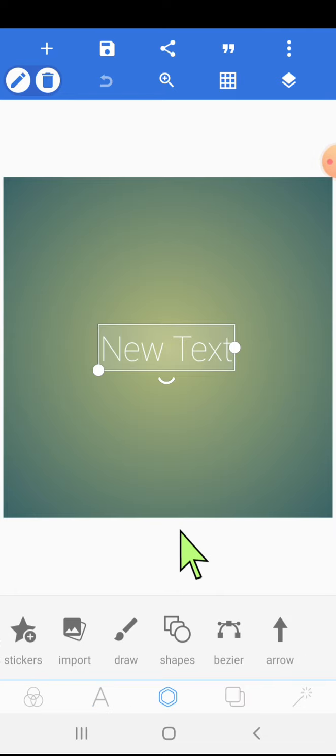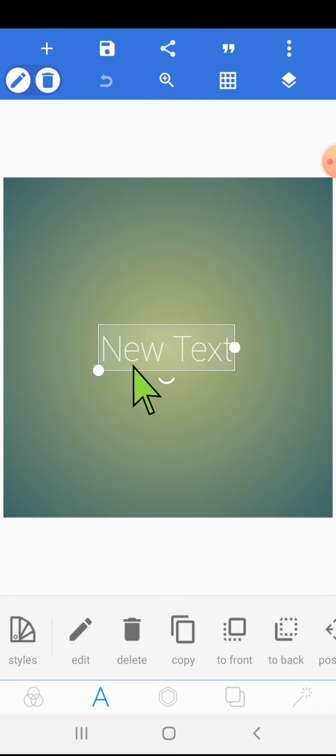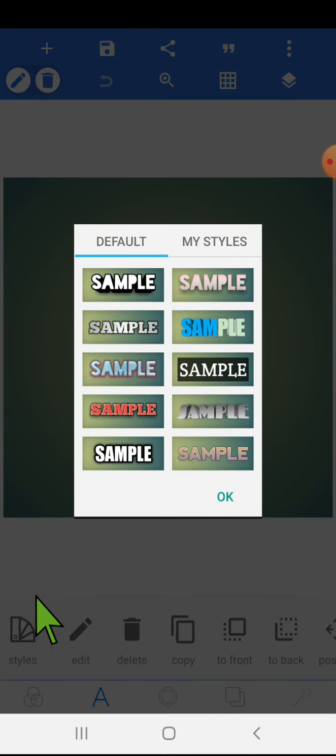In this video, we are going to learn about the styles option. This option is usually seen when you click on this A icon and we start editing text. This is on the extreme left lower side. Let's open this styles option. It is having two parts, browse and save. We will open this browse option.